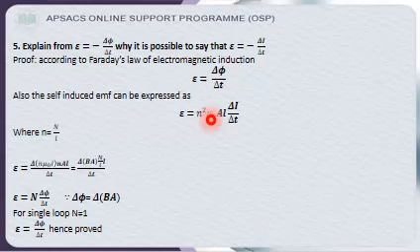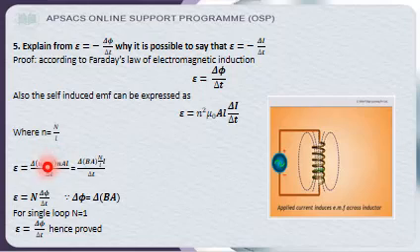Now by putting the value of small n, it's capital N upon L, cancelling these L, we are left with the formula of N into delta phi upon delta t, as we know that delta phi is basically delta B into A. So for a single loop, if N is equal to 1, then E is equal to delta phi upon delta t. Since we are dealing with magnitudes, I am not applying any negative sign, but we know that because of this induced EMF, the direction will be reversed, so the negative sign appears for direction purposes only.